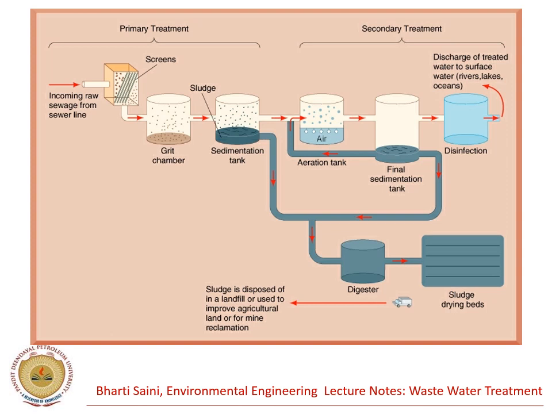In this process, two different sedimentation tanks are used. One is before the aeration tank and another is after the aeration tank or trickling filter. The sedimentation tank used before the aeration tank is called the primary sedimentation tank, and the one used after the aeration process or ASP process is called the final sedimentation tank or secondary sedimentation tank.